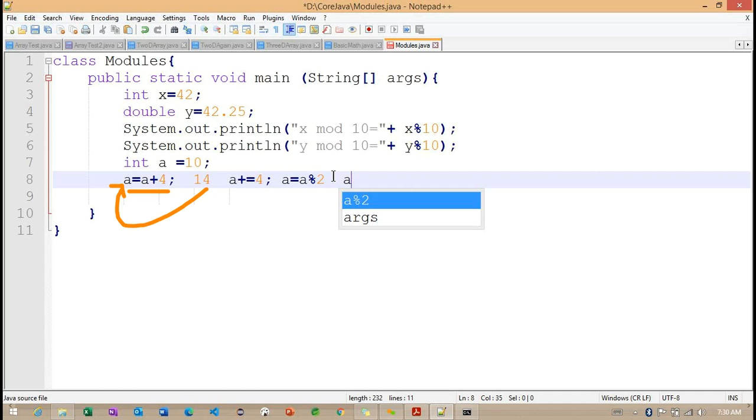What is the variable we are trying to initialize? We need both variables the same here. Whatever variable we give some expression to, and whatever result we get, the final result needs to be assigned into the same variable. So this particular compound operator will be used here. Getting the point?